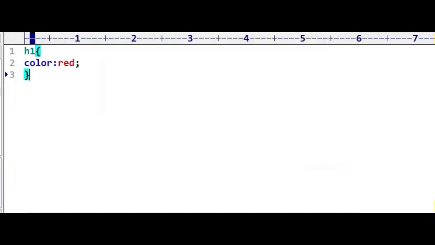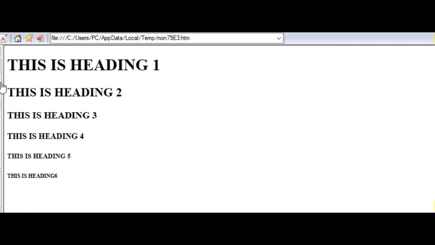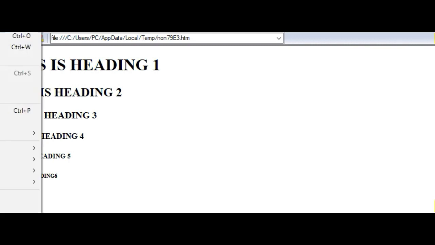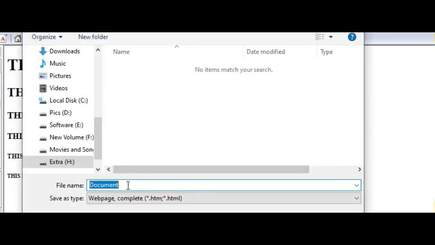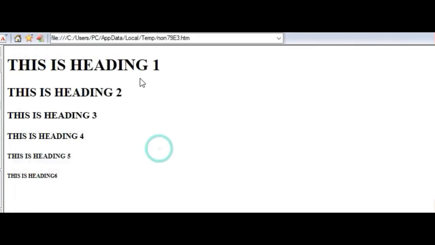Okay, save. And this also I am going to save in the same place as div1, and it is a web page, an HTML page. So I am going to store this.